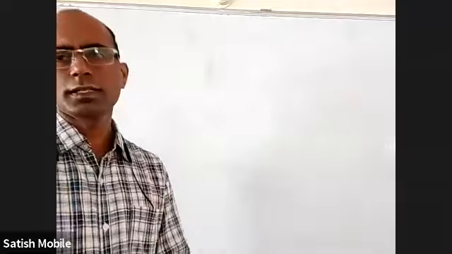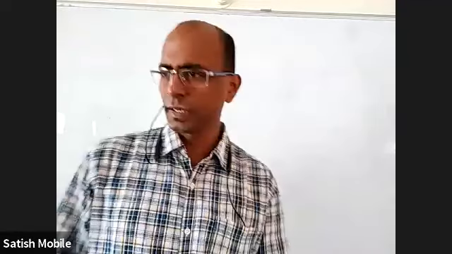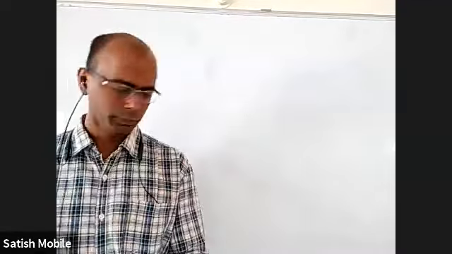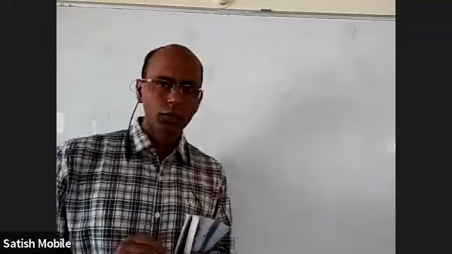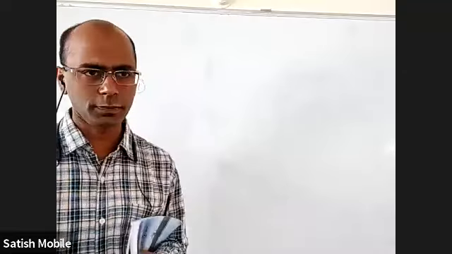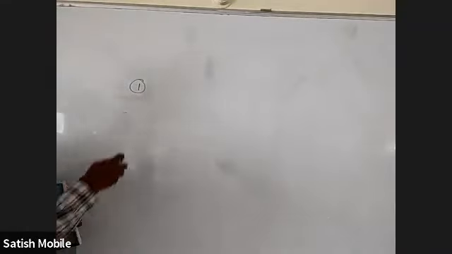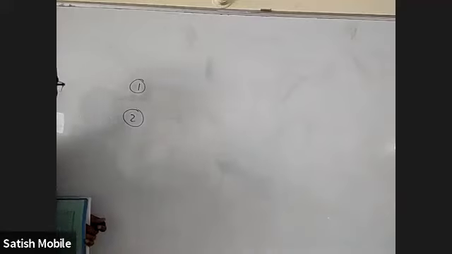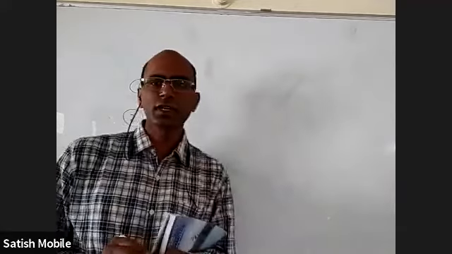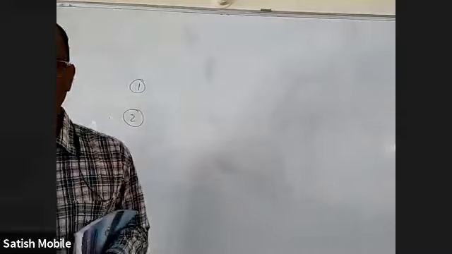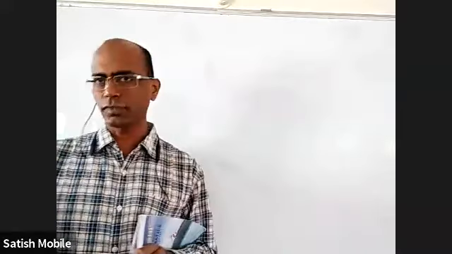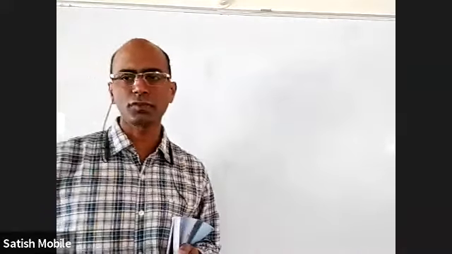Okay, last class we discussed forming differential equations, right? I said two points. First point is how many variable constants are there, that many times only you have to differentiate, not more than that. Second point is, for example, if an equation has two variable constants, you will differentiate twice. You will have the first equation, then one more equation after differentiating, and one more equation after differentiating again.